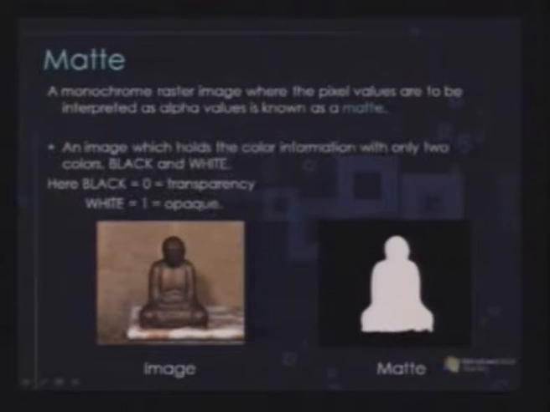Now this matte is very fruitful. I can have this statue placed in a separate environment. It might be in a spaceship, I might put him in a temple, or I can put him somewhere in the garden. So this matte is very fruitful for such purposes.